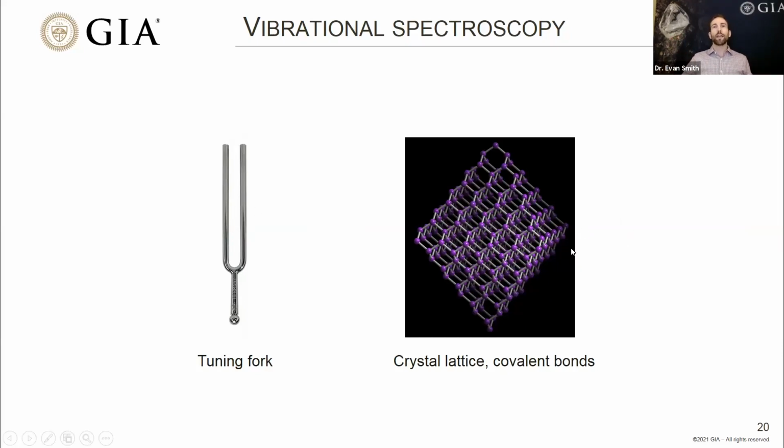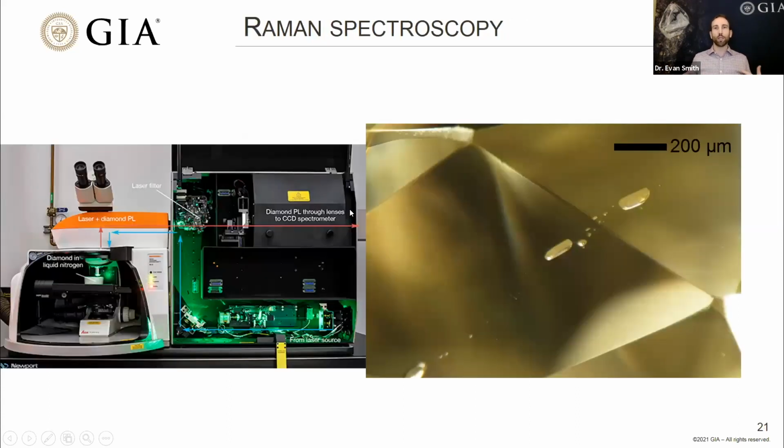Well, this crystal does a similar thing when it interacts with light, particularly infrared light, but it can also give you some vibrational information with visible light. The idea is that some energy is going to be absorbed or given off, and that amount of energy corresponds to vibrations in the crystal lattice or vibrations in the covalent bonds. So these vibrations give you direct information about the bonding environment and crystal lattice that in turn lets you identify this material.